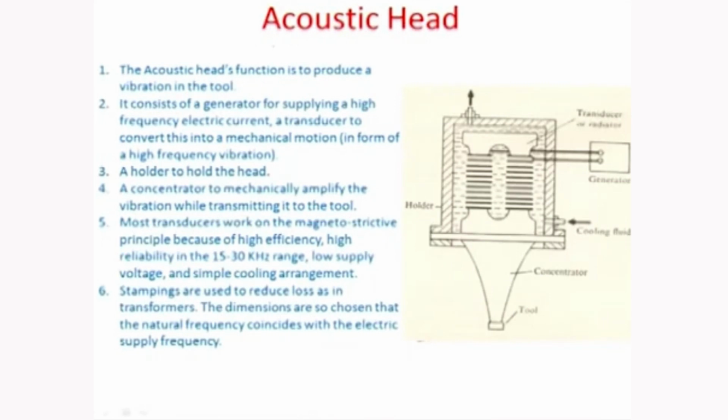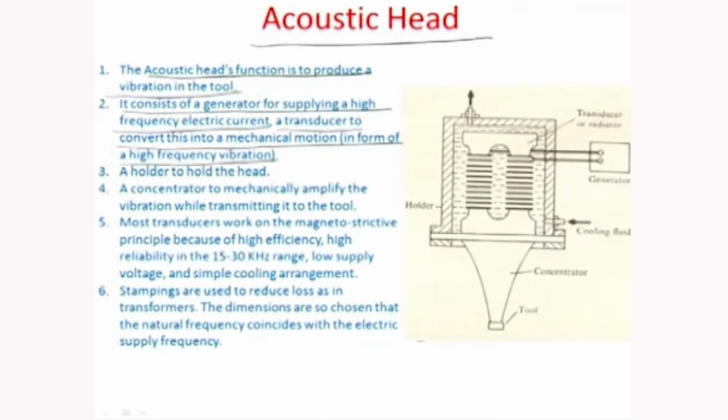This is what the acoustic head really is, and the function, as I have already indicated, of the acoustic head is to produce a very high frequency vibration of the tool, which would be in the ultrasonic range, and it would be able to machine materials based on that. So it consists of a generator for supplying high frequency electric current, a transducer to convert this into mechanical motion in the form of high frequency vibrations. This right here is the generator, and this is the magnetostrictive material, the transducer, which is actually